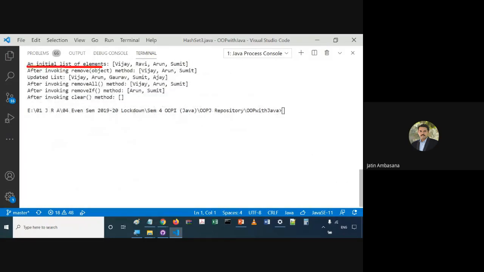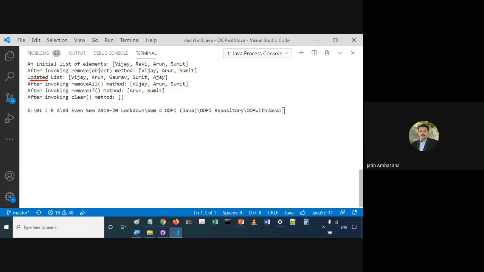This is the initial list of elements: Vijay, Ravi, Arun, and Sumit. Then you remove an object, saying remove Ravi. So you can see that all this gets shifted. Arun and Sumit get shifted.